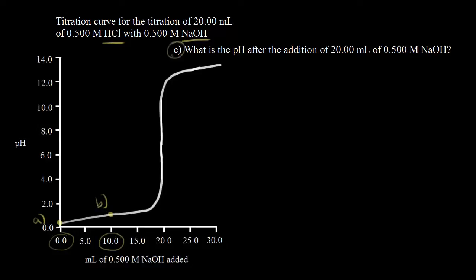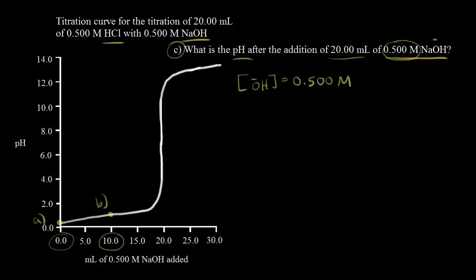Now we're on part C. What is the pH after the addition of 20 mLs of a 0.500 molar solution of sodium hydroxide? So how many moles of hydroxide ions are we adding to our original acid solution? We can figure that out by this concentration right here. So the concentration of sodium hydroxide is 0.500 molar. That's also the concentration of hydroxide ions in solution, since we're talking about a strong base. So the concentration of hydroxide ions in solution is equal to